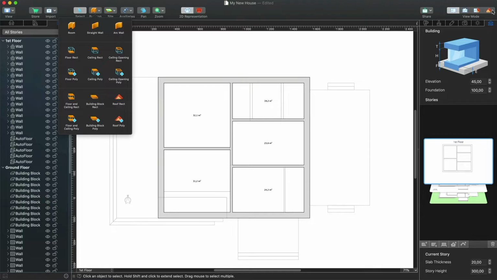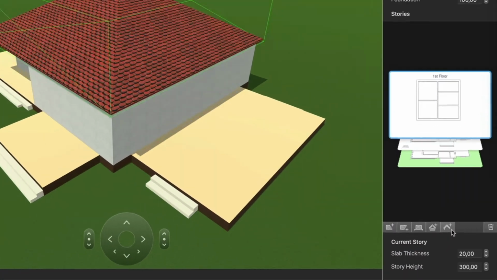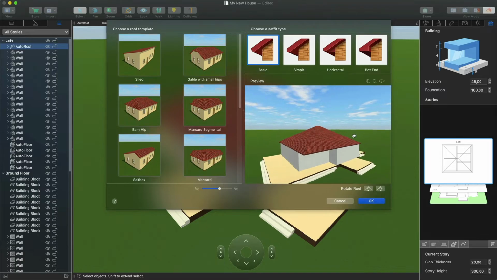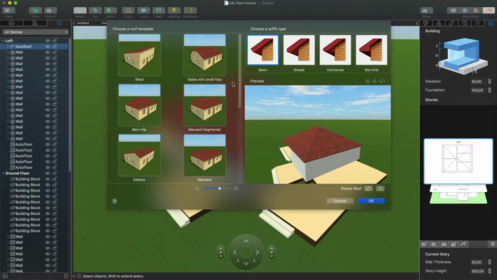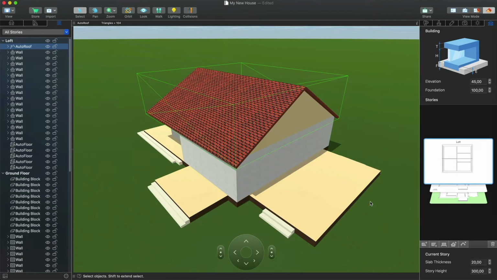Let's create an auto roof. Notice that all the walls of the story should be of the loft type for the auto roof to appear. In the window that comes up, choose the gable roof type. Here you can configure some other roof settings and rotate the roof. Like any other object in LiveHome 3D, the roof can be moved on the 2D plan, and its size and